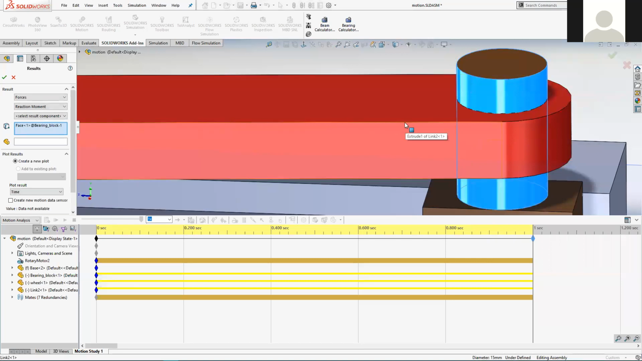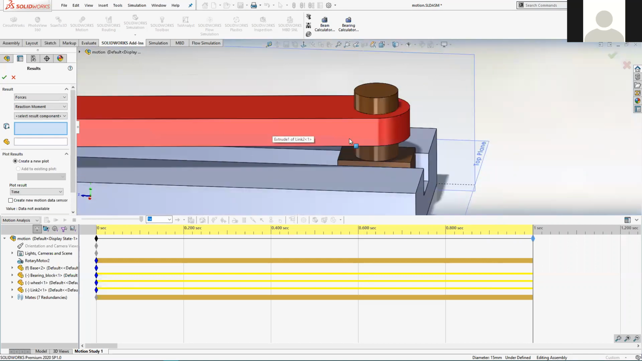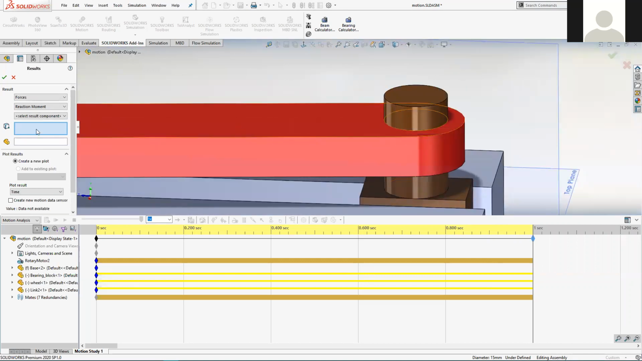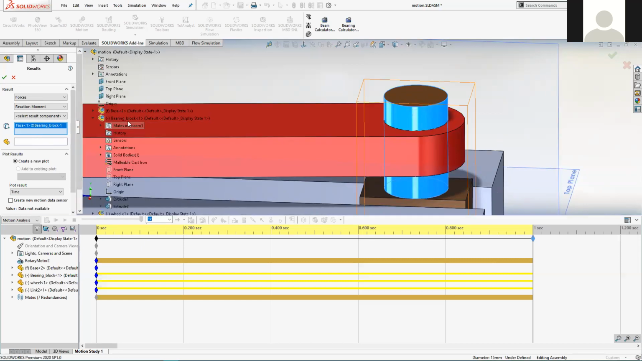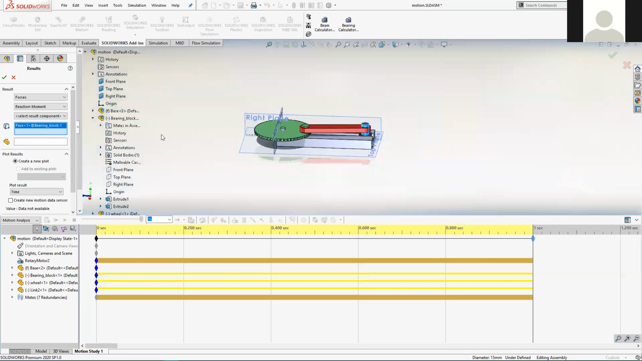Oh, sorry, I skipped a step there. I went in the wrong order there. Sorry about that. So this one, we're going to select the peg that sticks up out of the bearing block, and we're going to select the concentric mate. So there's a concentric mate between the bearing block and the link, and in order to find where that mate is,